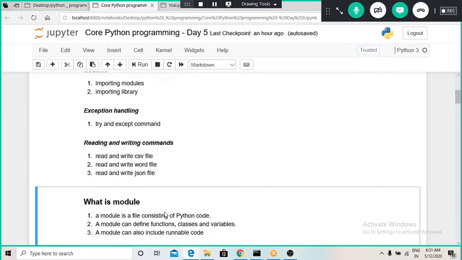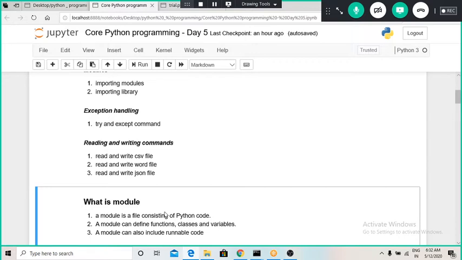A module can have defined functions, classes and variables, anything we want. Up to now we have not seen what classes are in Python. I'm going to teach you how to define classes, which is related to object oriented programming, in the last lecture of this entire tutorial.